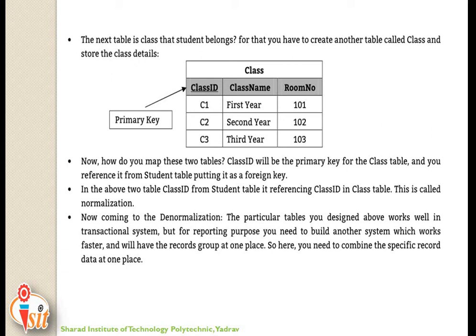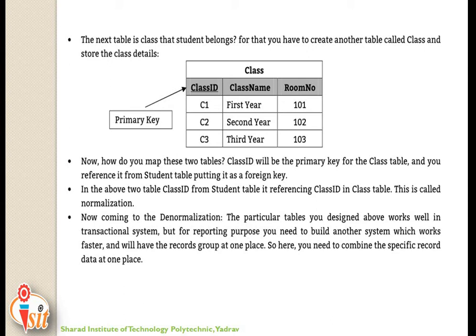Now how do you map these two tables? Class ID will be the primary key for the class table and you reference it from the student table, putting it as a foreign key. In the above two tables, class ID from the student table is referring to class ID in the class table. This is also called normalization.